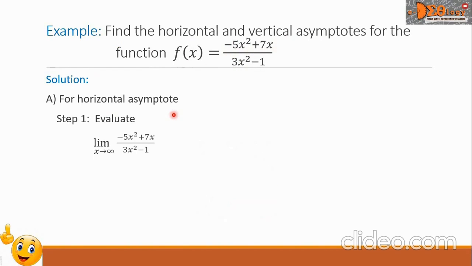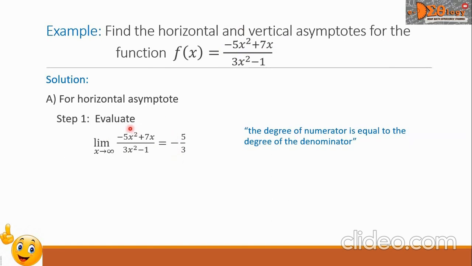Step 1 is we will evaluate the limit of this function as x approaches infinity. We note here that the degree of the numerator is equal to the degree of the denominator. So as the theorem says, the answer here is negative 5,